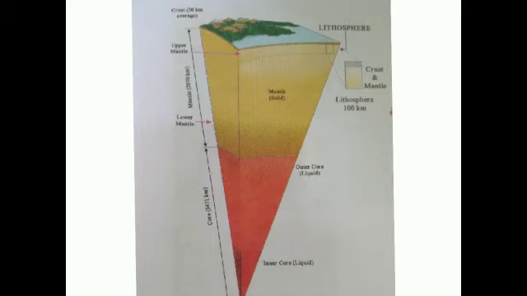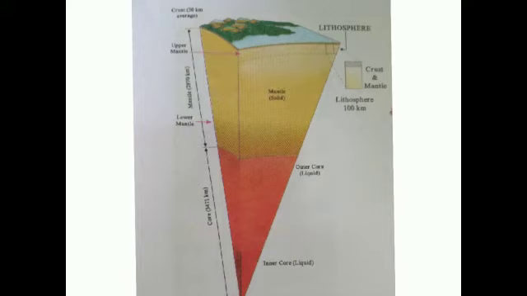Now the oceanic crust. This is the second layer of the crust. It is made up of silica and magnesium, and so it is known as Sima. Si means silica and Ma means magnesium. So what does oceanic crust contain most? Silica and magnesium, and it is known as Sima. This layer is 7 to 10 kilometers thick. The density of it is 2.9 to 3.3 gm per centimeter cube, and this layer contains basalt and gabbro rocks.